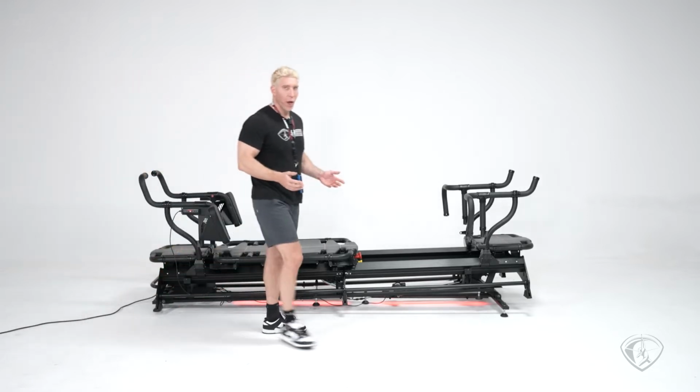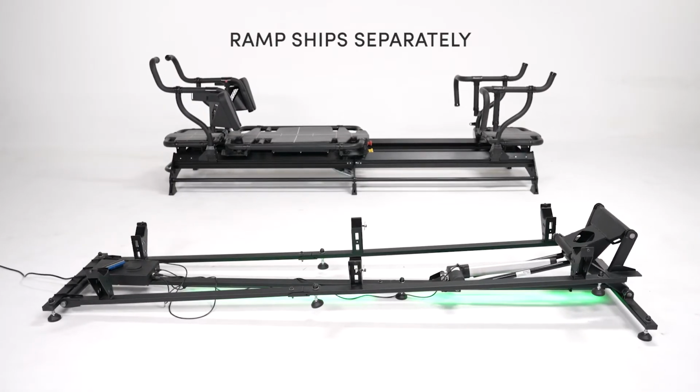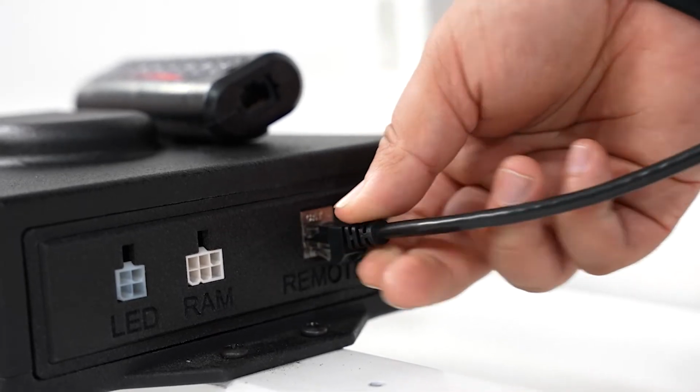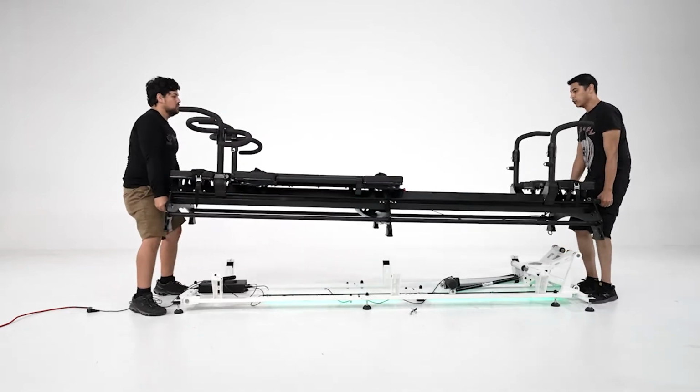When you buy the ramp, it's going to come separately. It's going to be a separate machine. You're going to lay it on the ground. You're going to assemble it just like you assemble the megaformer. You're going to snap the front into the back of the machine. You're going to plug in all your cables, and then you're going to set your megaformer on top of that